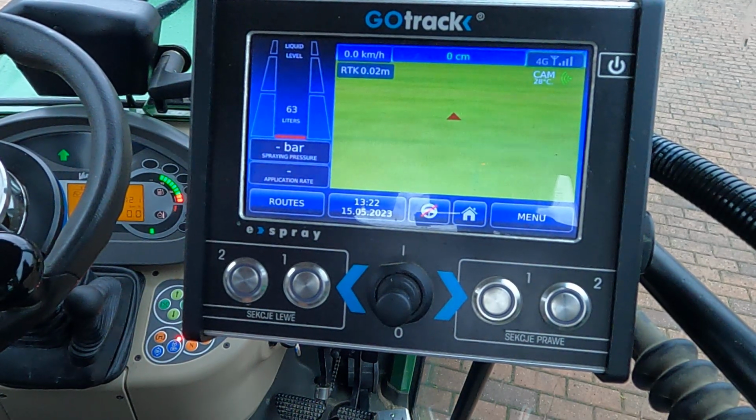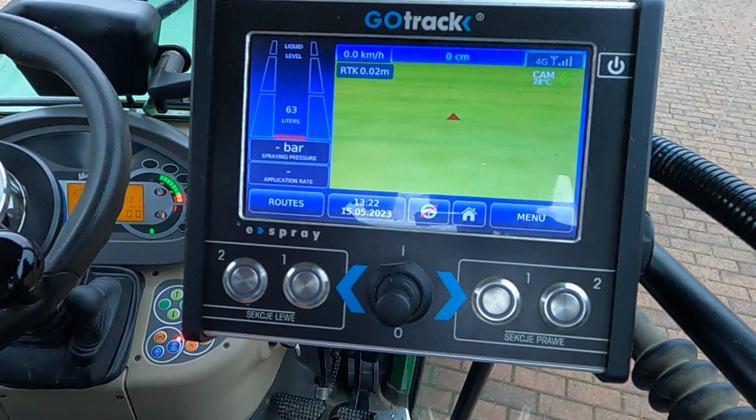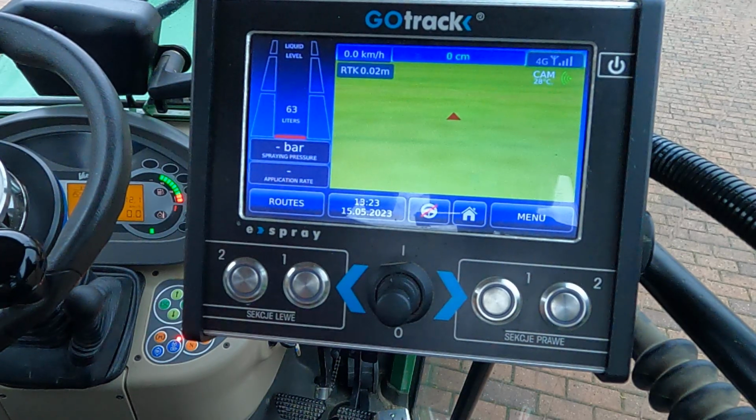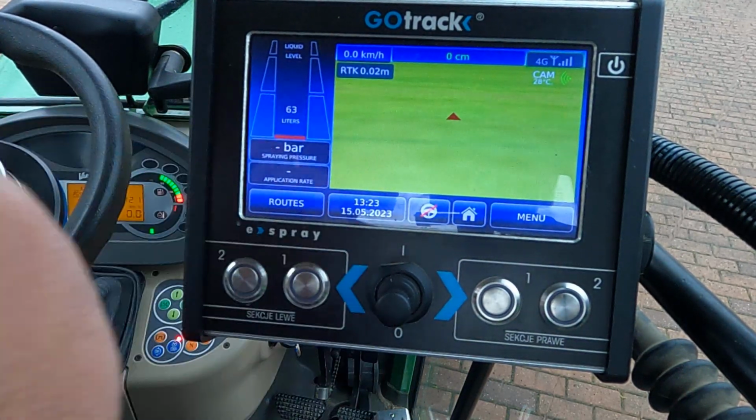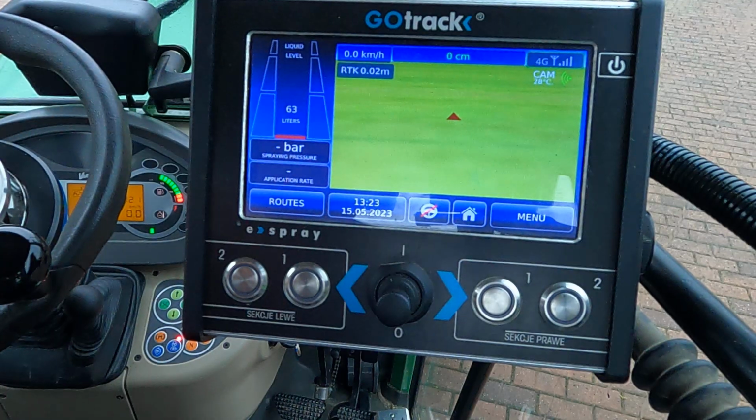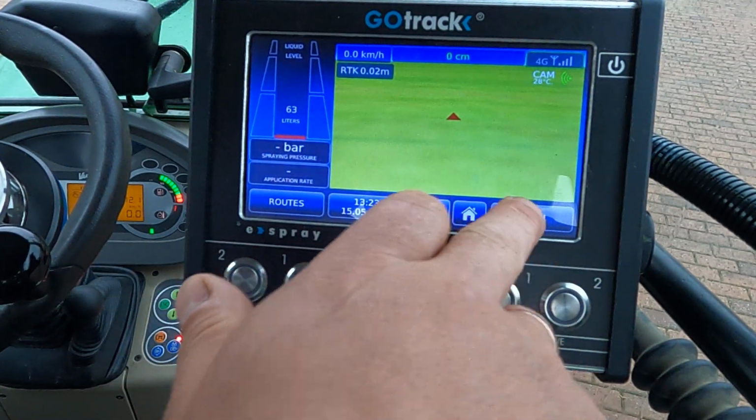Calibration of the steering system in the GOtrack AutoDrive system. This is the automatic process, and to start it after installation in the system, first we have to wait for the RTK status. When the RTK status is ready, now go to menu,